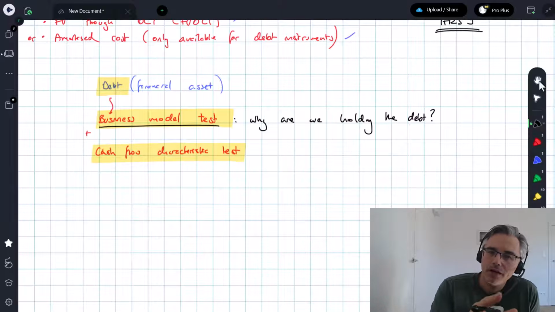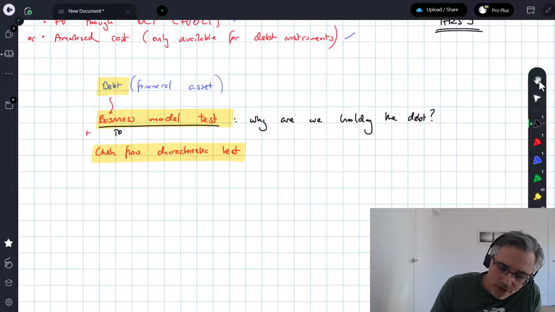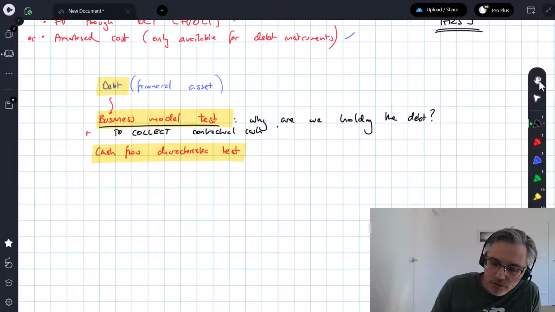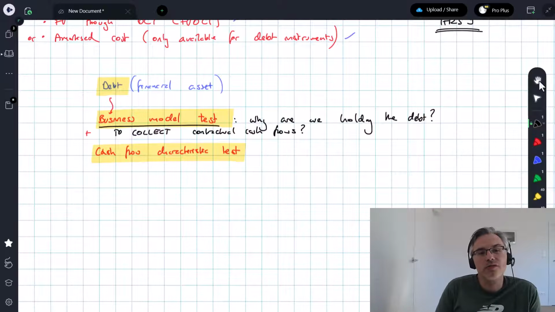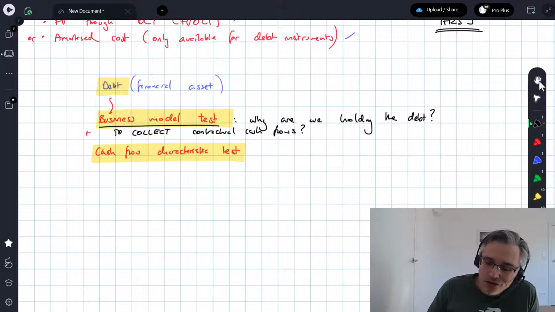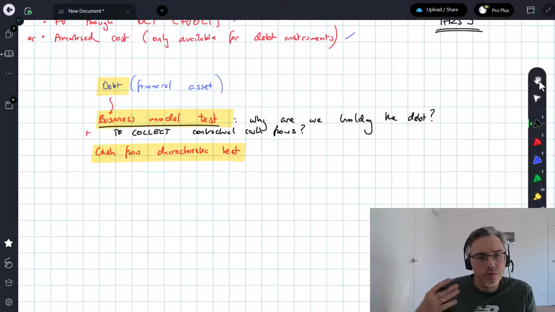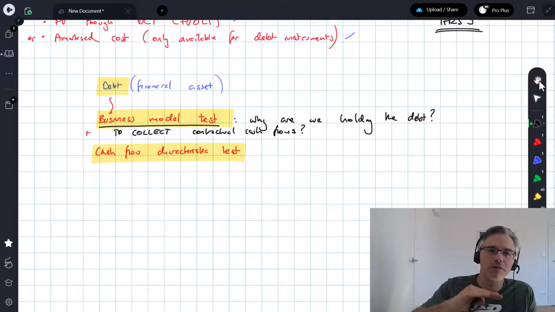Now, is it perhaps because we want to collect the contractual cash flows? So we've entered this investment with the view of getting the promised cash flows on that bond or that note or whatever it is. And if that's the case, brilliant. If not, also great, but a lot will depend on how you answer that question. Did you buy this bond, or are you holding this portfolio of bonds? It's not even done at a single bond level, it's done more at the portfolio level,